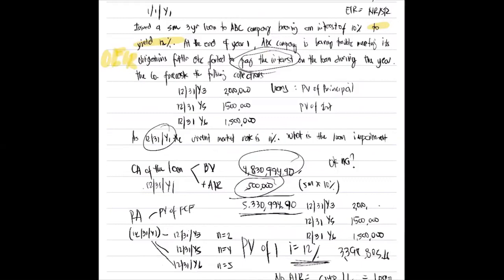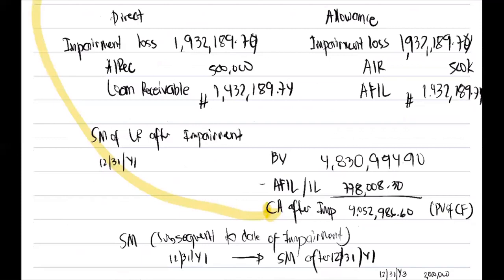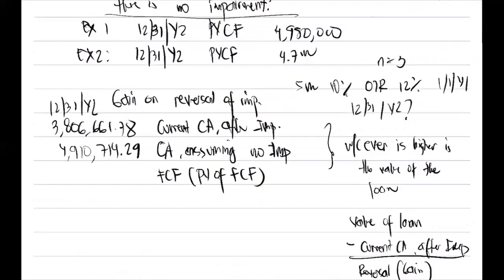'Di ba? Ito yung book value niya, 4,830,994.90, tama? 4,830,994.90. I-amortize nyo yan ng 1 year para magiging 4,910,714.29 na siya. So kumbaga, dun sa ating facts, ang magiging basis mo dito is 5 million, I is equal